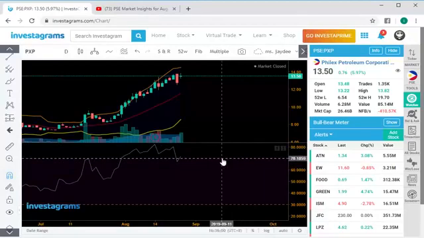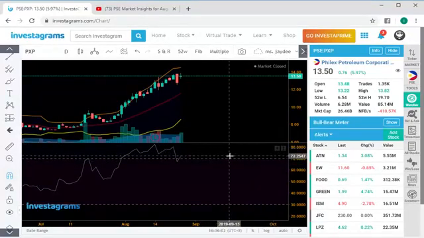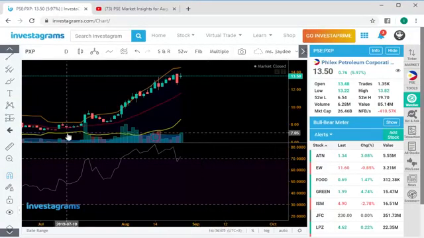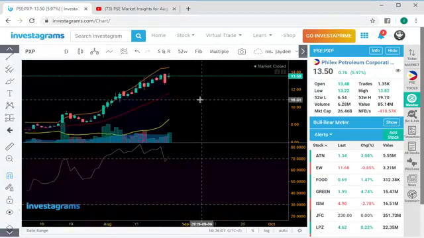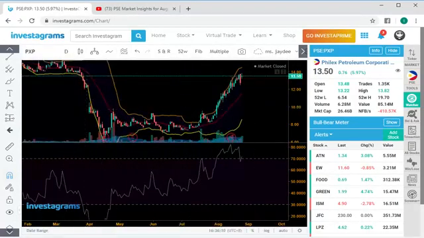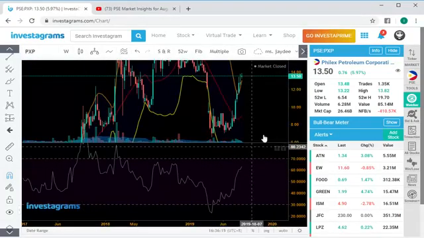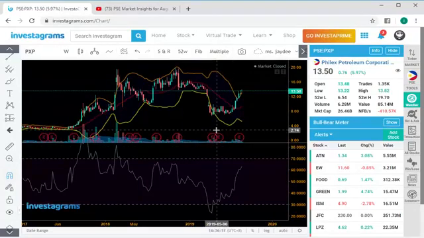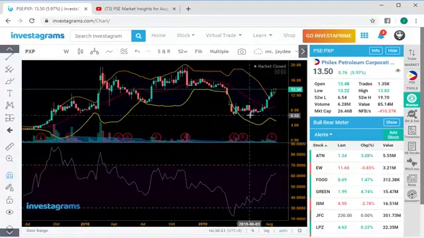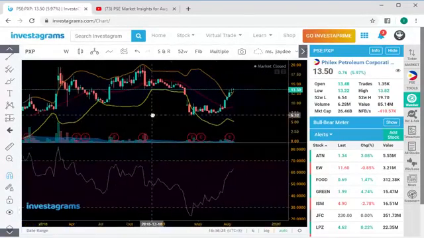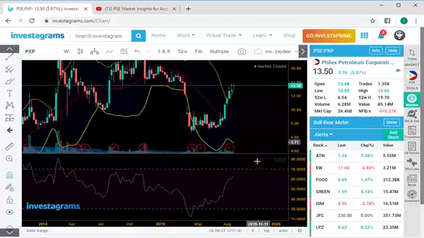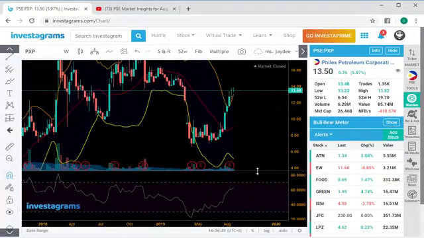Okay, so what I can say for PXP right now, it's really starting to become really expensive. We are reaching the resistance here. Let's see how it pans out on a weekly chart. Okay, so notice your volume. We are in the weekly chart, guys. We might not see the retracement happening right away, but we're expecting for that to happen anytime soon, especially